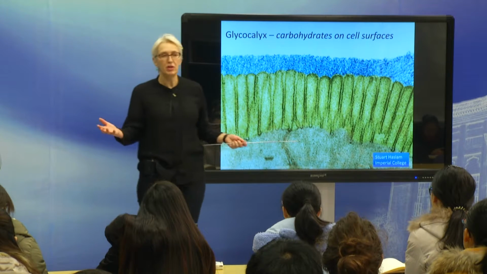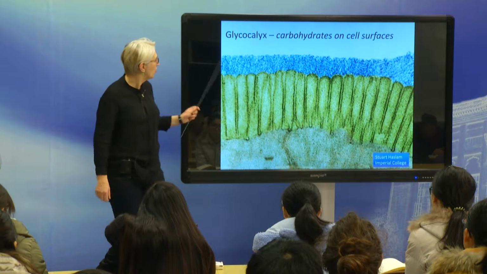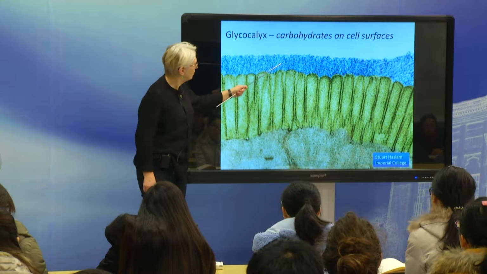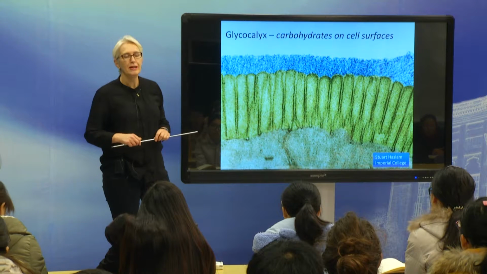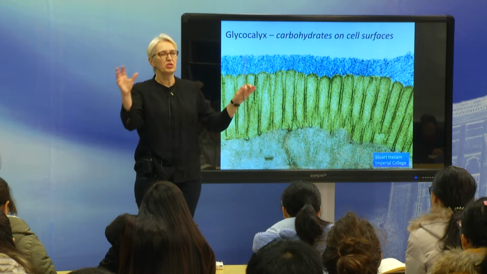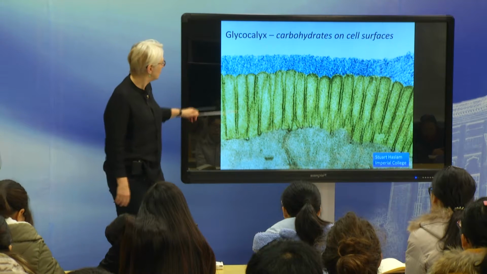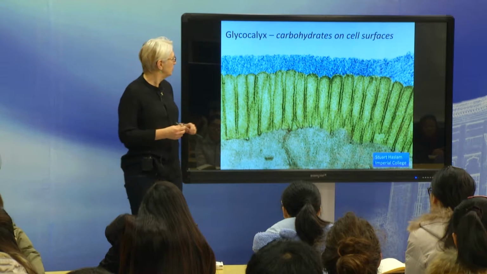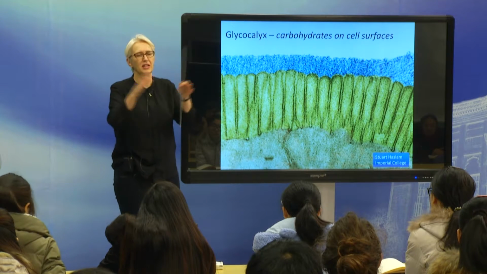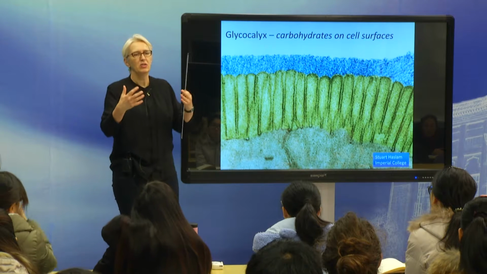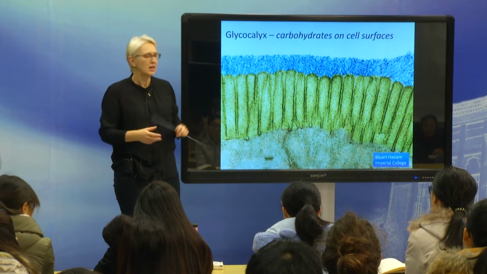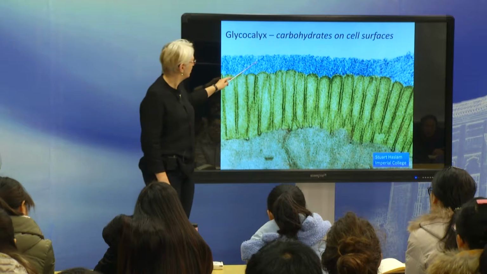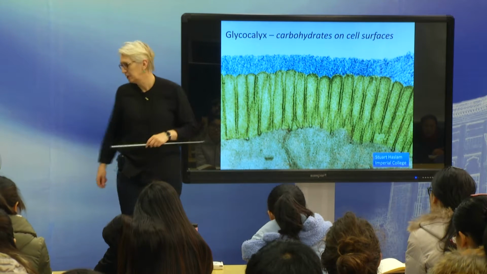Not all cells have nuclei. Red blood cells don't have nuclei. They all have a glycocalyx. So this is obviously biologically extremely important. And because it's so diffuse and doesn't seem to be very structured, for a long time people thought, well, it's just a sugar coating. Of course, cells have lipids, and lipids don't interact very well with the aqueous environment. Maybe we need sugars just to protect the cell, keep it together, coat it, make it act as a barrier or as an interface to the aqueous environment, which would be out here. But actually, people have now found that there are very specific structures which have very specific biological function,